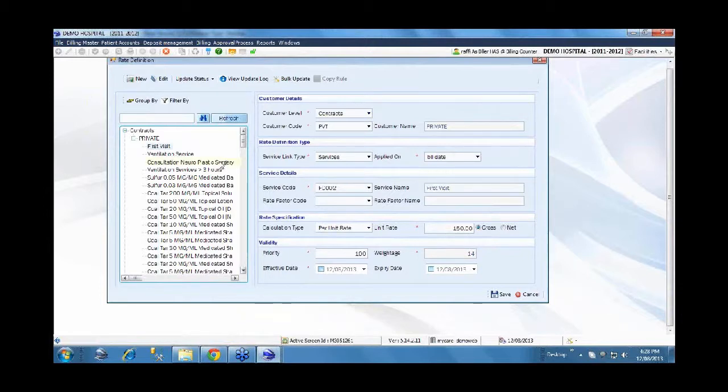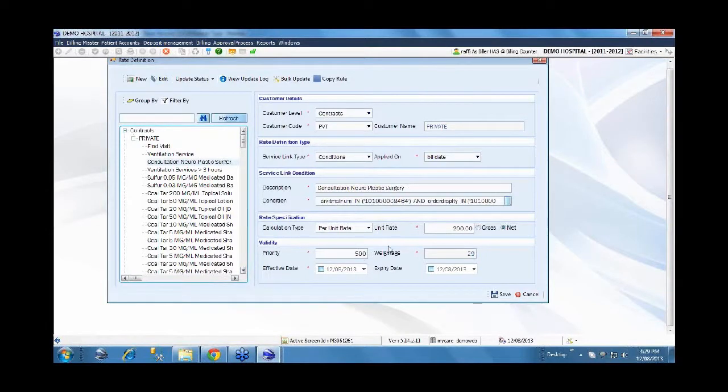This is a consultation rate which is applicable for all specialties. But for certain specialties alone, there is a difference in the consultation rate which the hospital charges. Say for example, for neuro and plastic surgery alone, the consultation rate is 200 instead of 150.